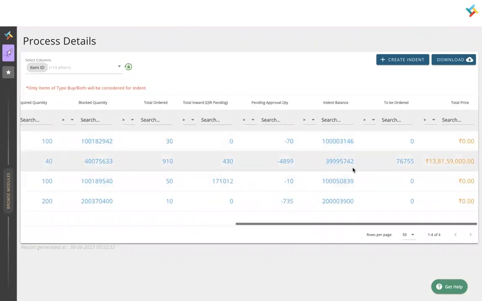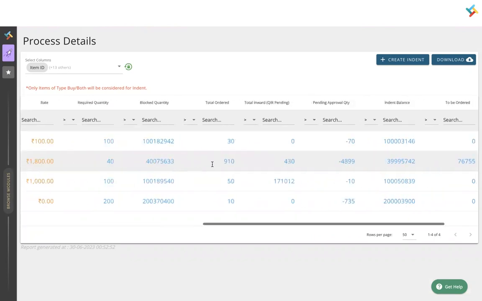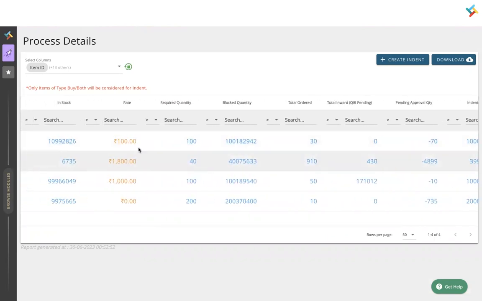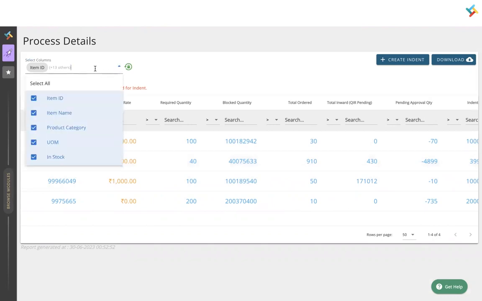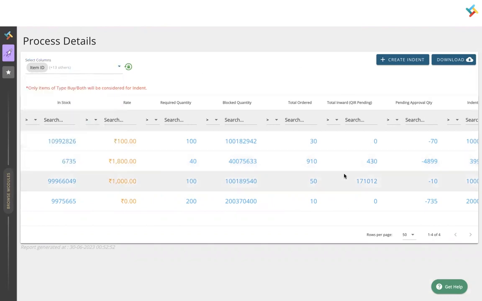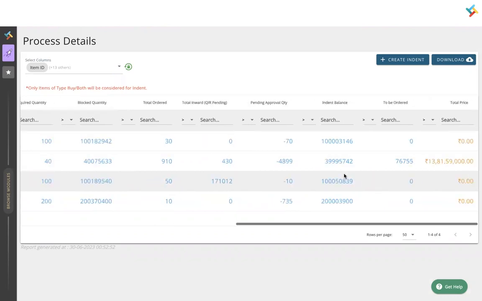So please check on this particular item, needle valve. Here 6735 is required. Block quantity is this much. Block quantity is that quantity which is blocked for any other production process. That you can very well go ahead and check by selecting the columns. So you can select the columns and can check all the details. After that, in the very last